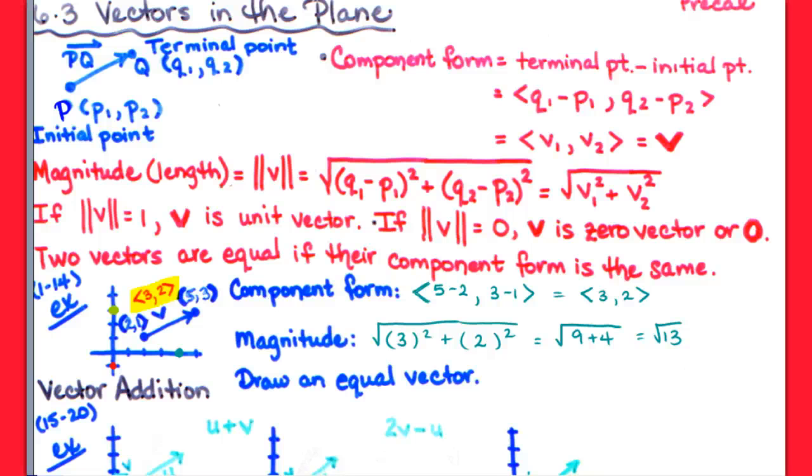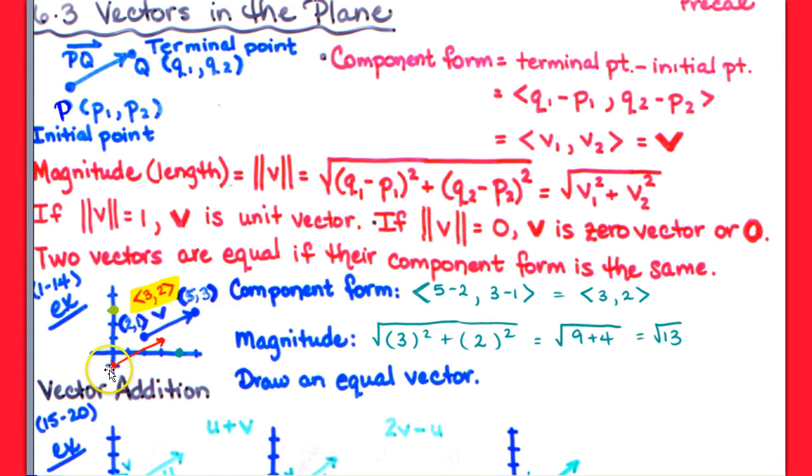Then they asked me to draw an equal vector. All right, if I'm going to draw an equal vector, that just means that two vectors are equal if their component form is the same. So all I'd have to do is start anywhere I want to and draw something that has the exact same component form. So for instance, let's say that I start